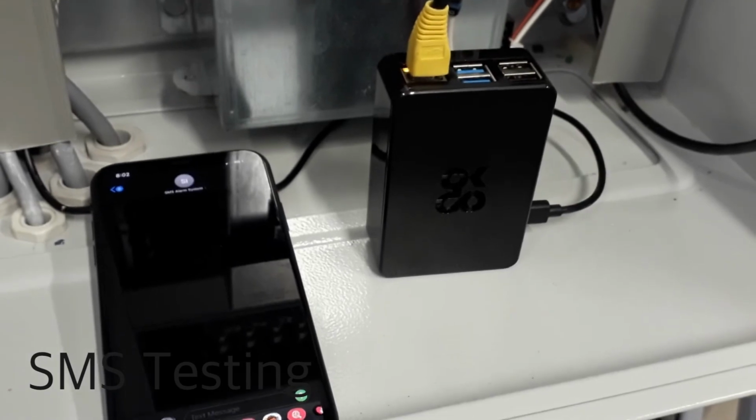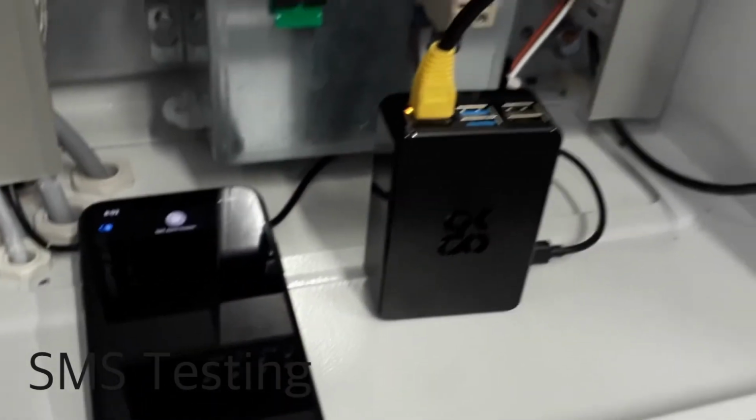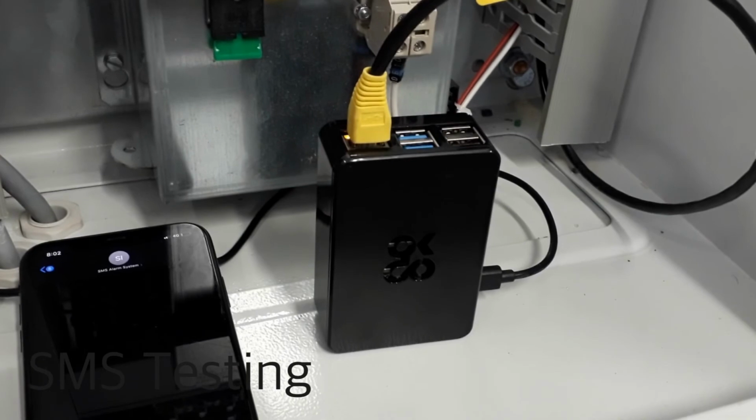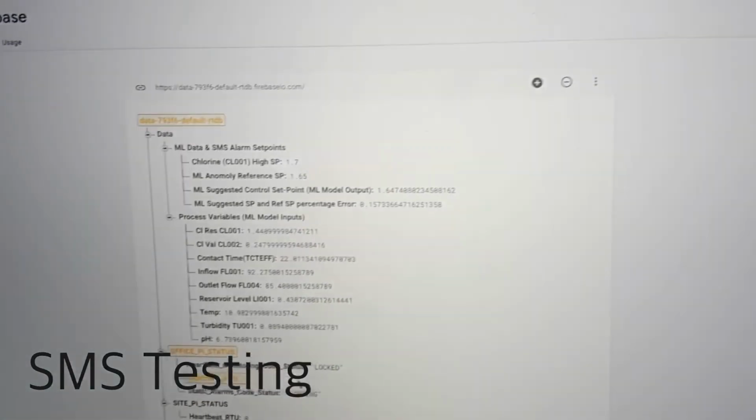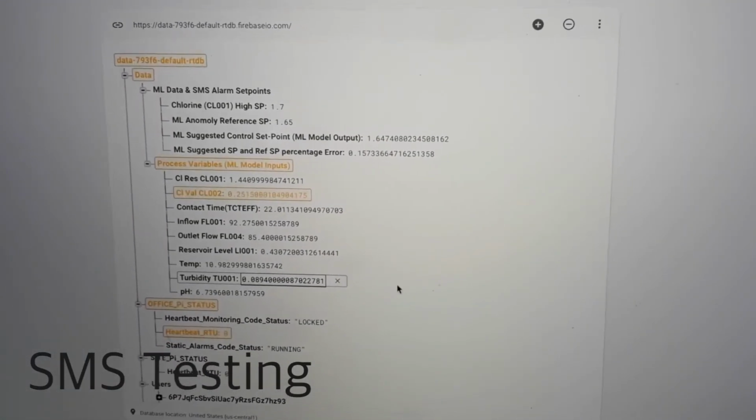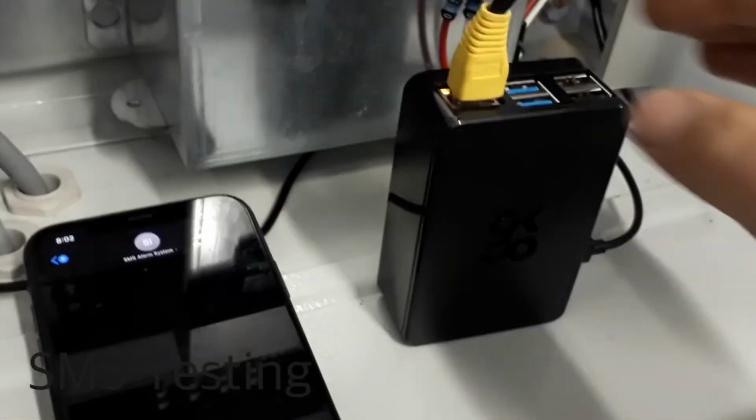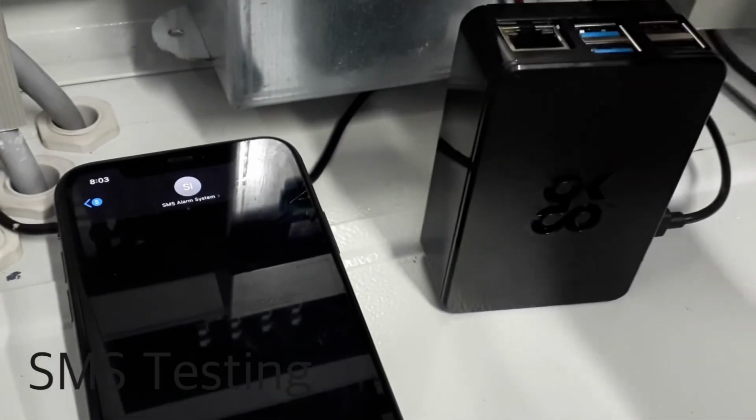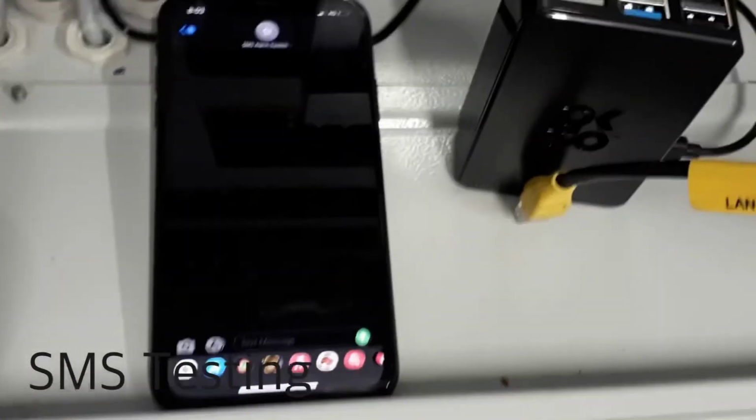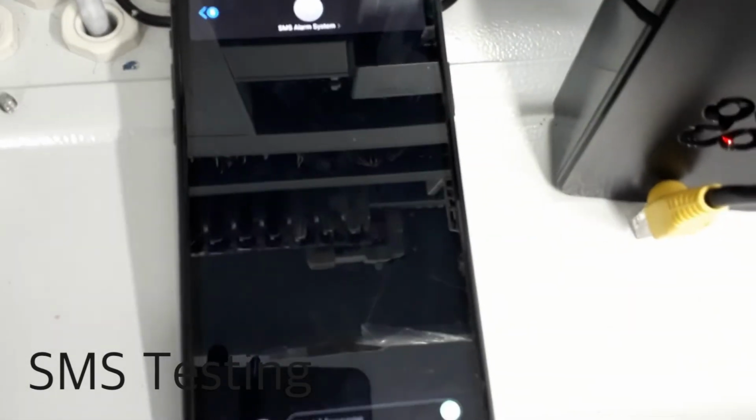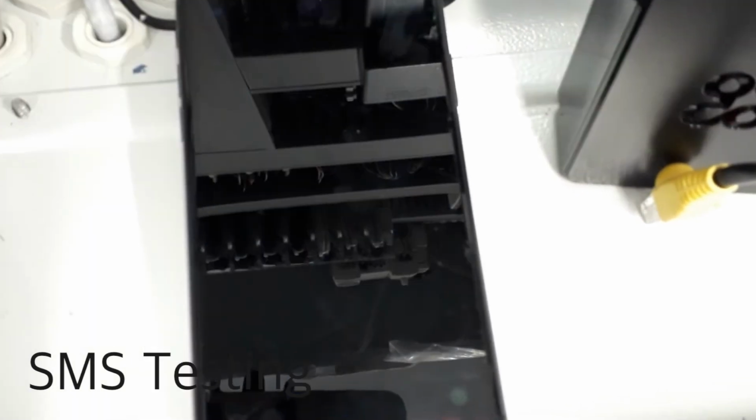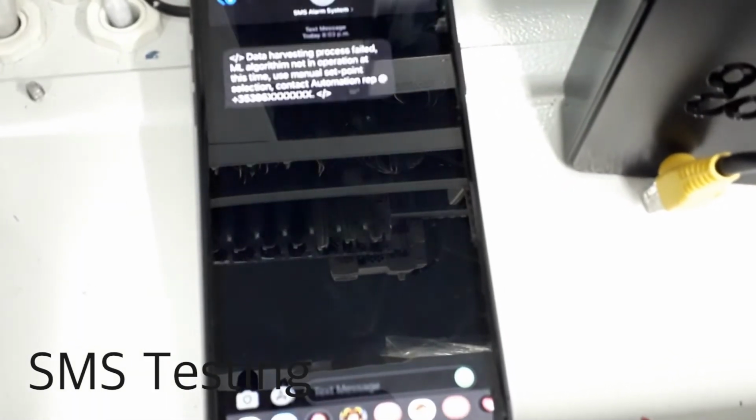So we're here on site now to test the final text out alarm, which is a disconnection from the local area network between the Raspberry Pi and the PLC. We have all systems are running at the minute, as we have both heartbeats from both Pis as well as variables being updated. So now we'll just disconnect the Ethernet connection and wait for a text. And there we have